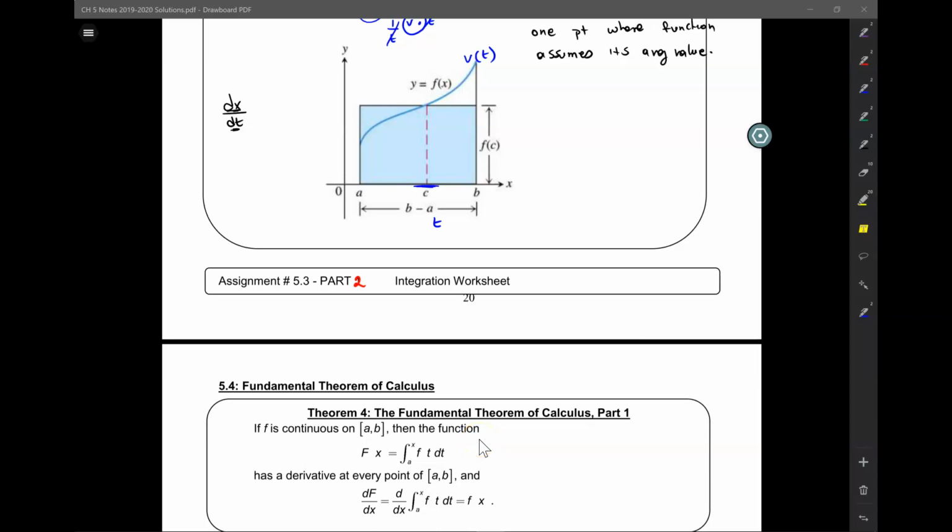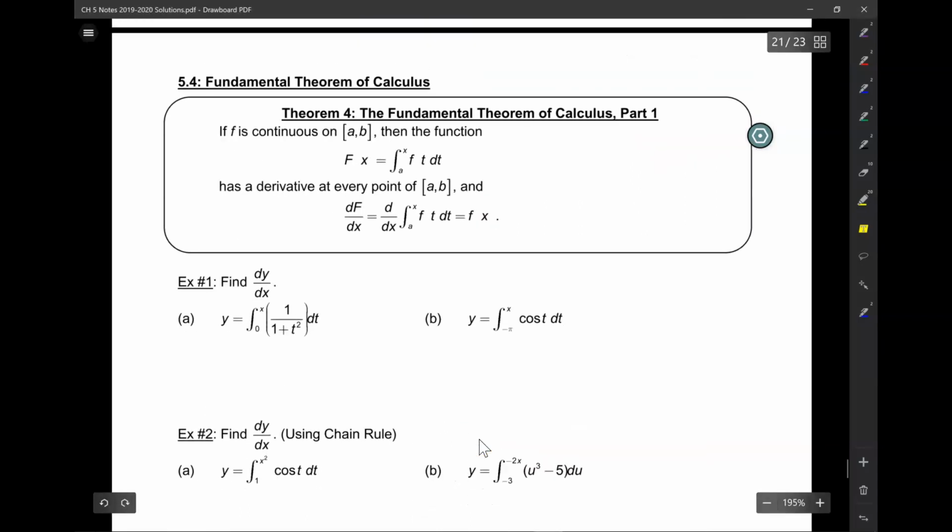Okay, so fundamental theorem of calculus. This is it. This is section 4 that we're going to do before the final. And so if this is the fundamental theorem of calculus, right, then you know it's fundamentally important, right? So let's go back to